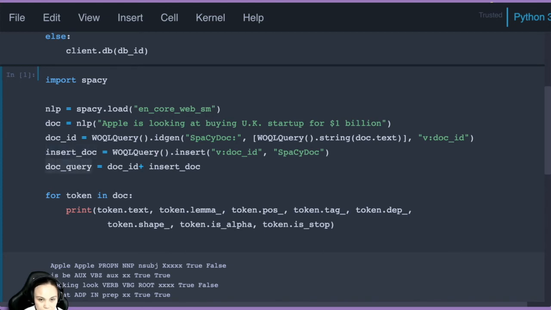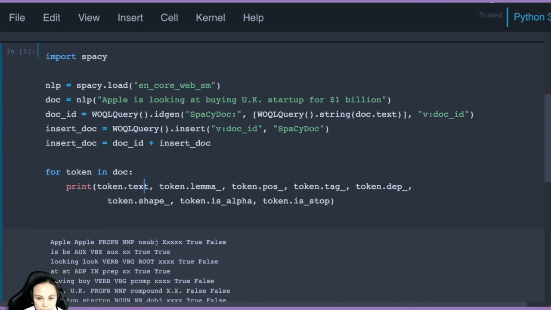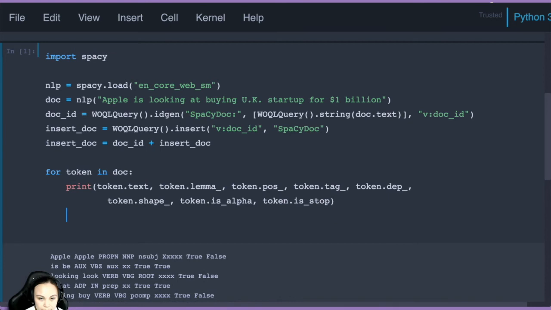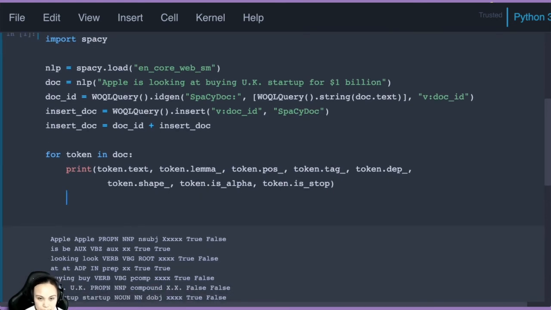I think that would work as well. Let's see. Okay, so now I have the docs, and when I insert this, I would have the tokens there. So all the tokens will have a text. So insert token